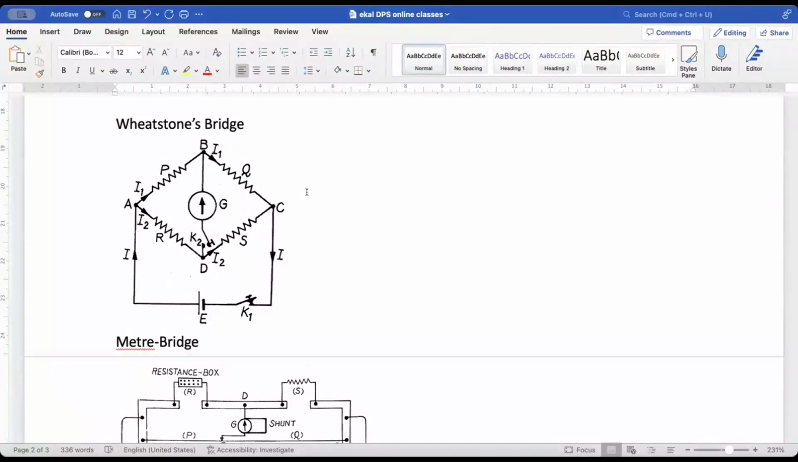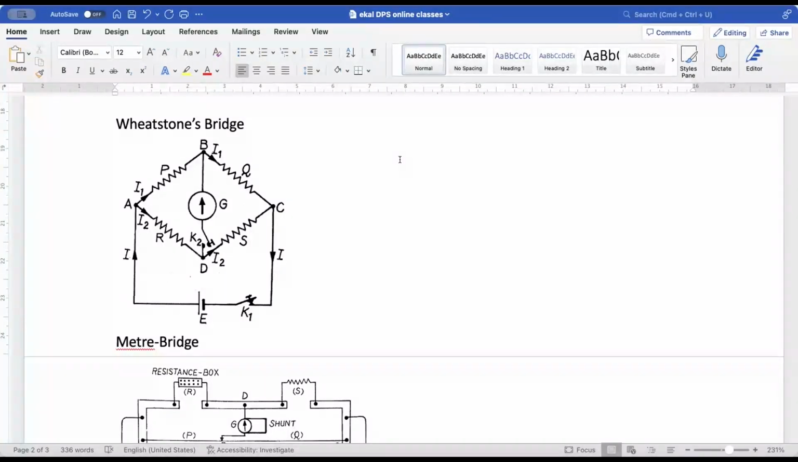Now, if the resistances in the 4 arms of the parallelogram are so adjusted that on sending current in the bridge by the cell, there is no deflection in the galvanometer, then we can say that the bridge is in the balanced condition. Meaning when this K2 is closed, there should be no current flowing through the diagonal BD, and this galvanometer should show no deflection. Then we can say that this is in the balanced situation. Right? In this condition, the ratio of the resistance of any 2 arms of the bridge is equal to the